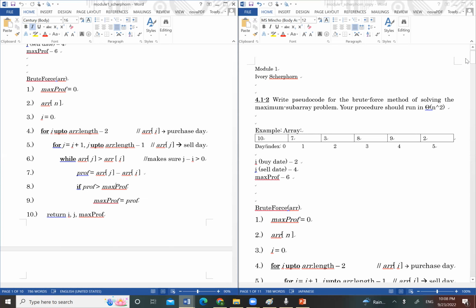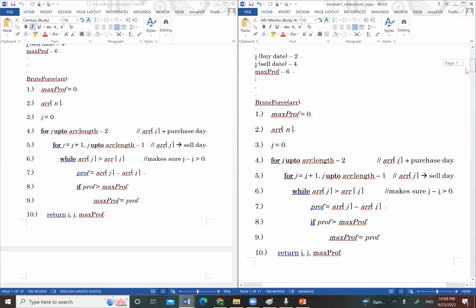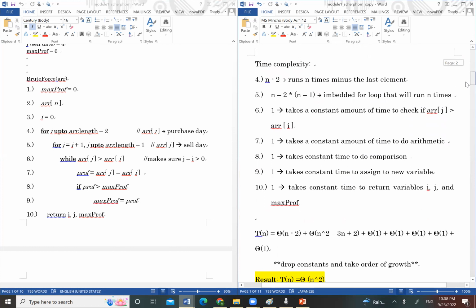So let's come back over to the right document and do the time complexity. I skipped lines 1 through 3 here, because they're all assignments, they're all constants. So I just went straight to line 4. Line 4 is this outer for loop, and it goes to n minus 2. So it takes array length, which is n, and it goes to the second to last, so it's minus 2. And it runs